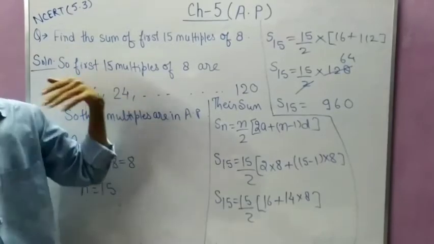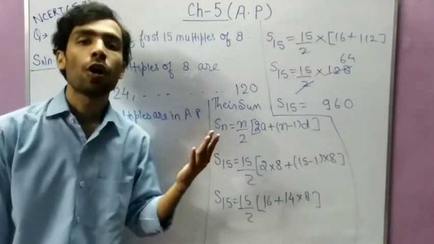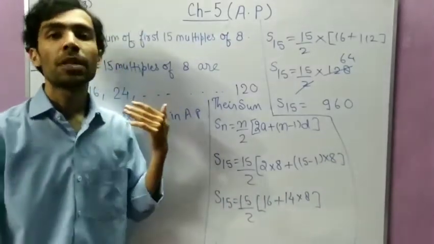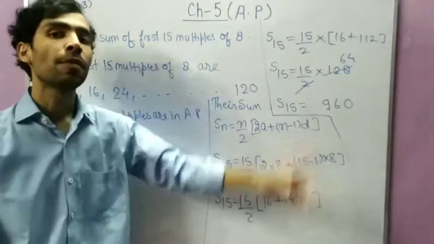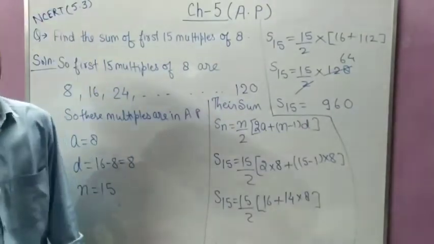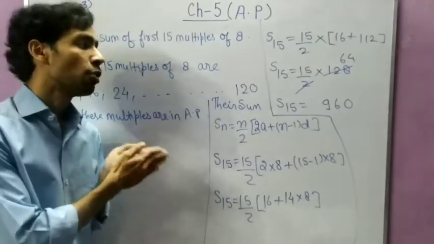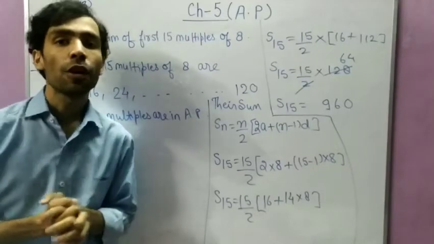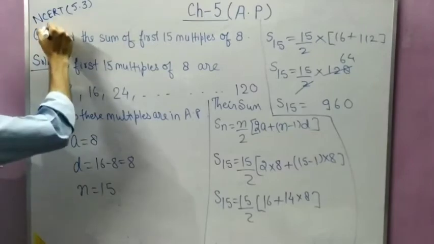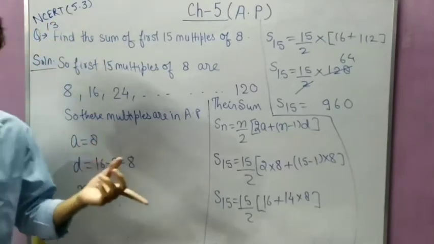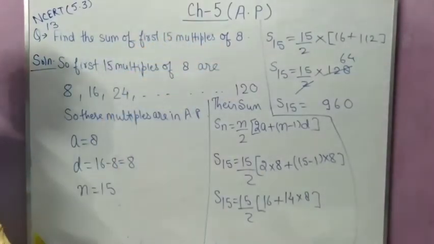Like this we can solve any type of question. Like suppose you have to find the sum of the first 20 multiples of 5. So what will be the 20 multiples of 5? 5, 10, 15, 20, and the last will be 100. After that you have to use the formula of sum. Put all the values. You can easily find their sum. It is a very simple question, and I think it is question number 13 of your NCERT. Question number 12 and question number 14 are based on this method only. So that question you can solve by yourself.